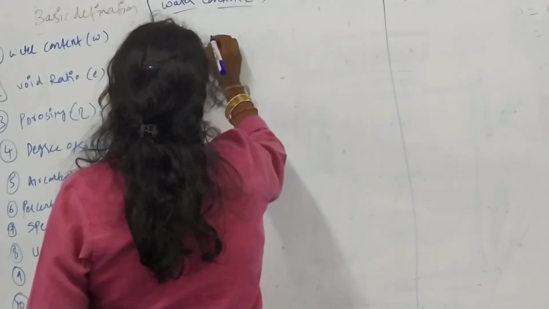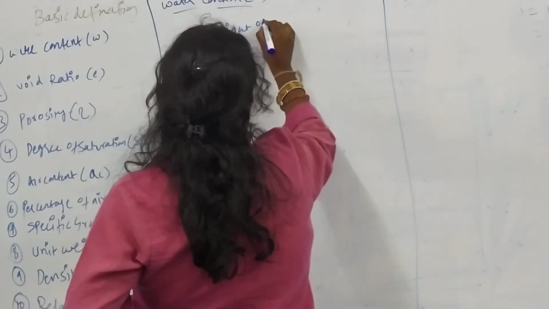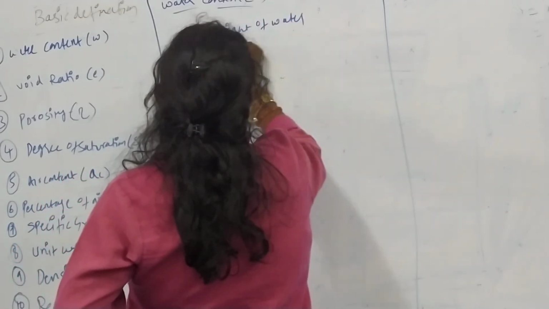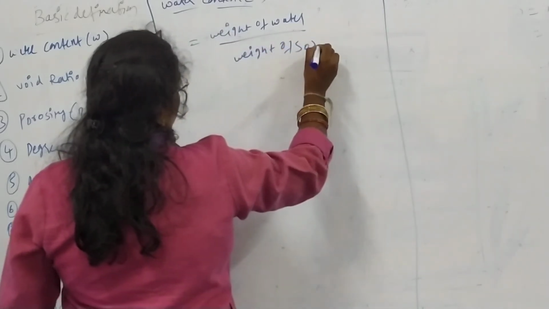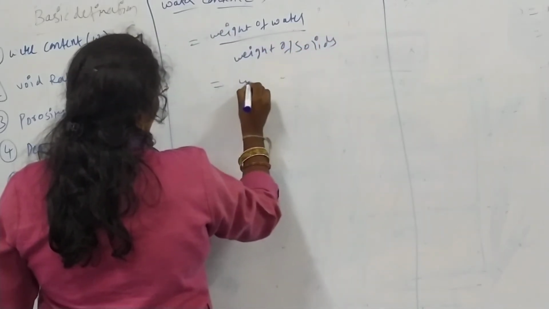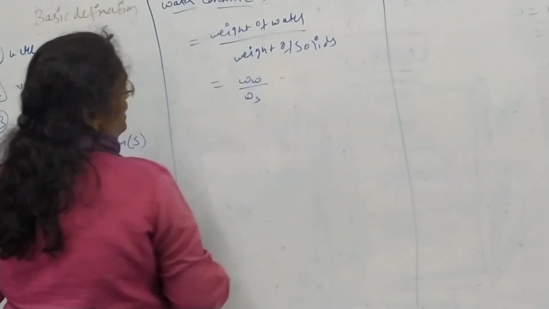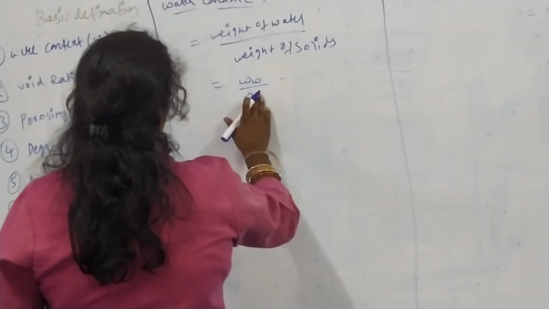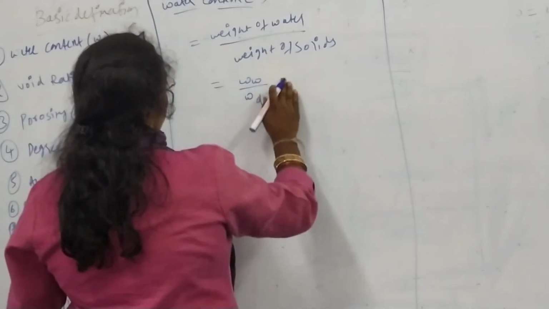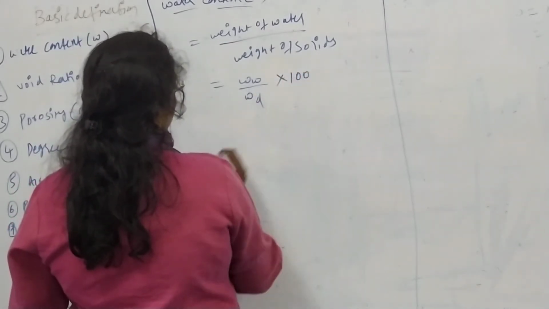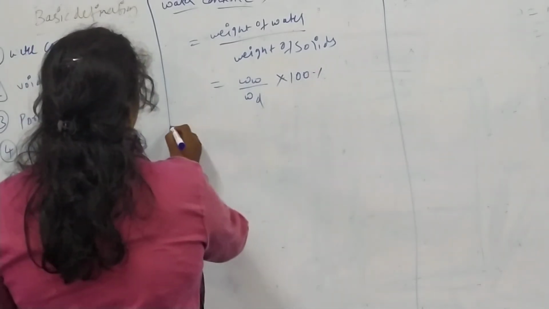So water content is equal to weight of water by weight of solids. Here weight of water is WW and weight of solids is WD, what we have taken previously. Water content is always represented in percentage, so whatever you get should be in a percentage. Next one is the